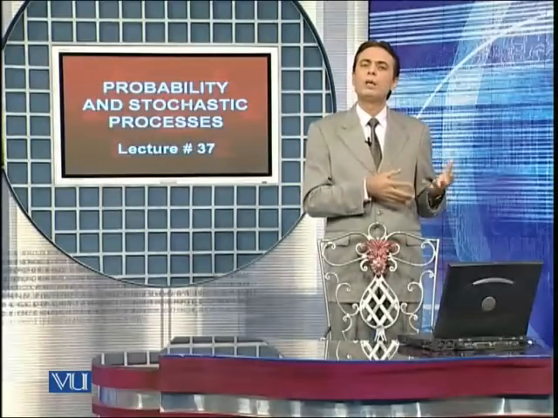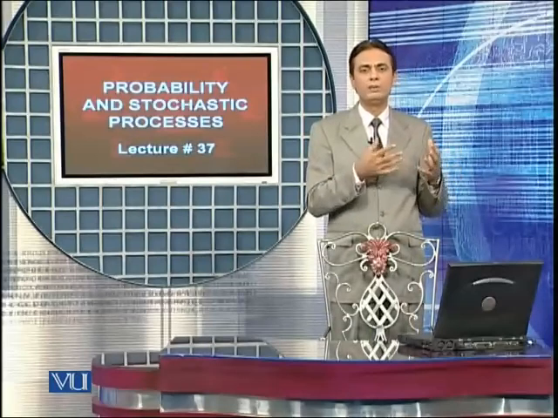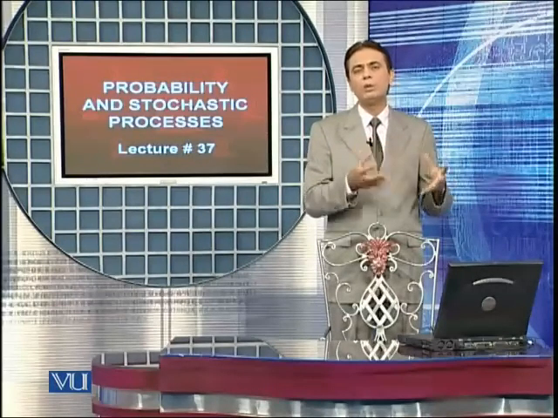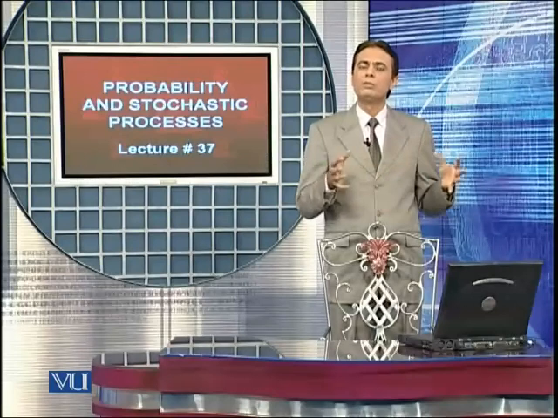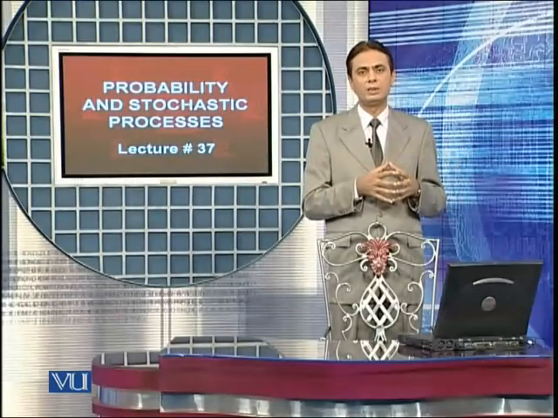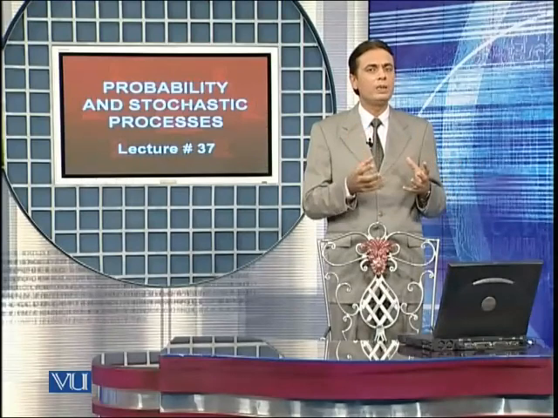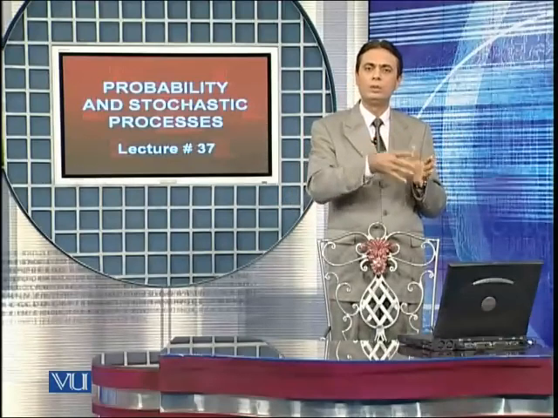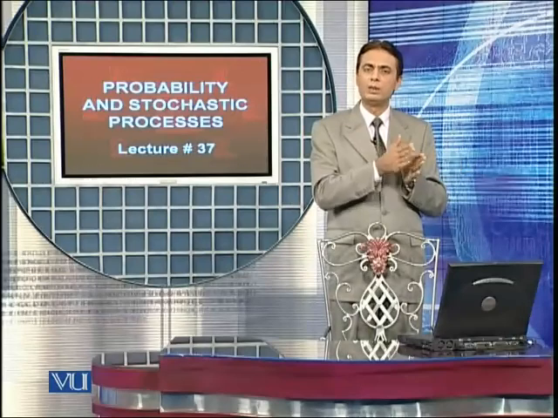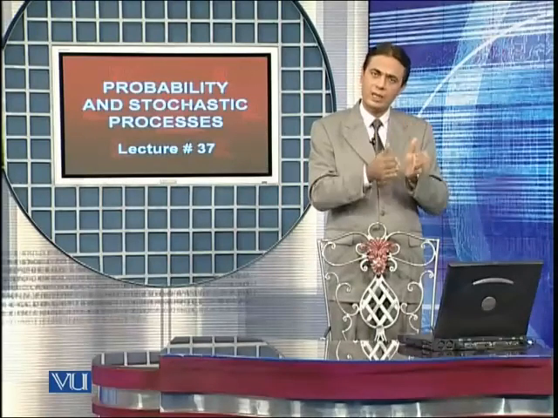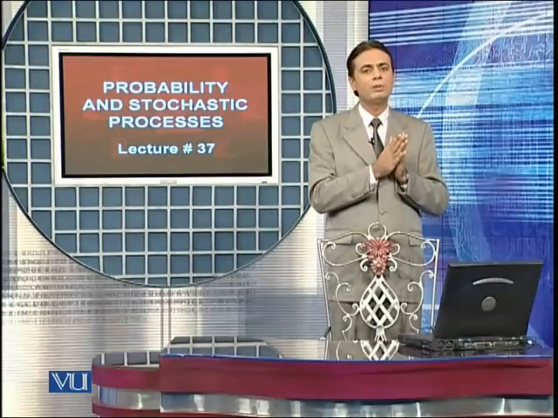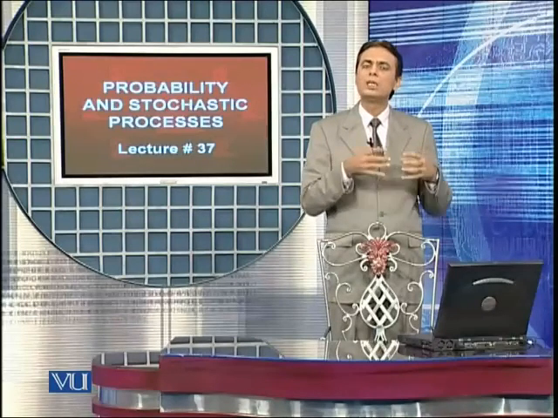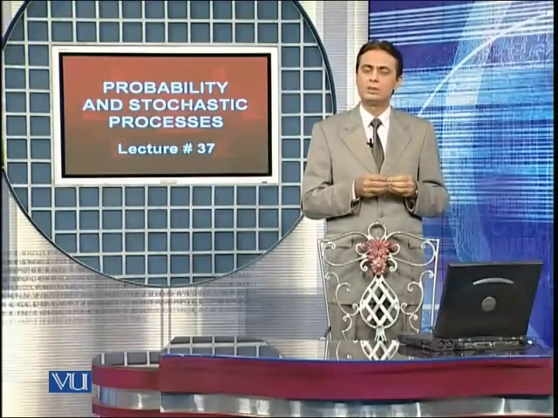In addition to talking about probabilities of individual random variables, we can talk about events and their probabilities which involve more than one random variable. For example, we can talk about joint probability distributions, where we say that the probability of X7 being 0 and X10 being 2 would be this. We don't have to talk about 2 random variables which are next to each other, which are adjacent to each other. We can talk about probabilities of any number of collection of random variables. If we do so, then we are talking about joint probability distribution.